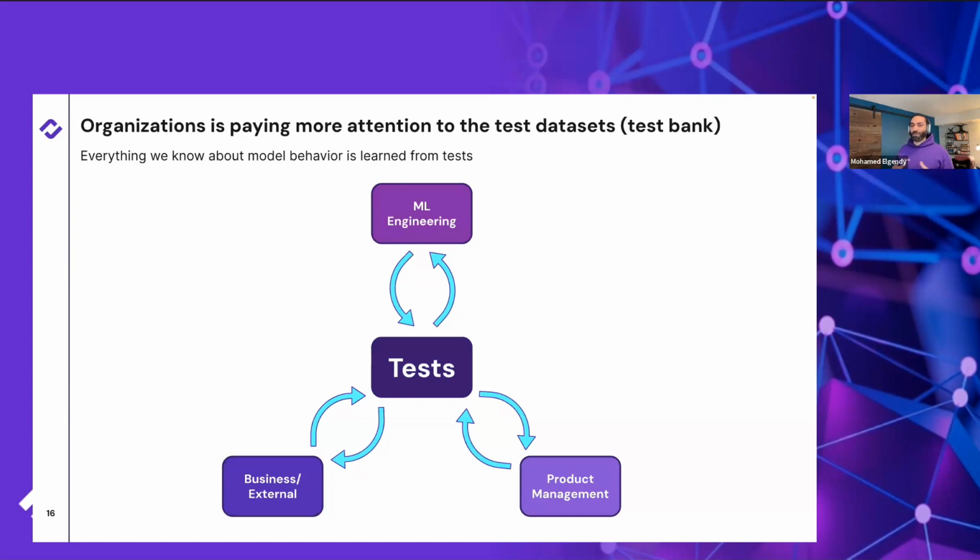So everything we know about the model behavior before we push it to production comes from the testing data sets. So we want to pay much more attention to that, and we can actually make the claim that properly managing our test data is much more important than our training data. We always think about the bias in the training data. We look at the distribution of training data, and that's not wrong. But a balanced training data doesn't guarantee a balanced behavior. That's number one. And number two,